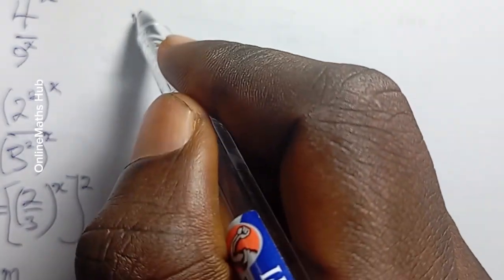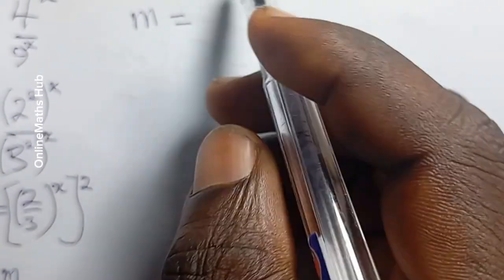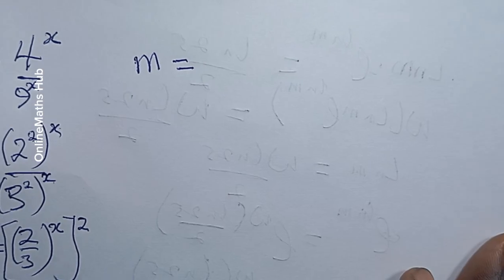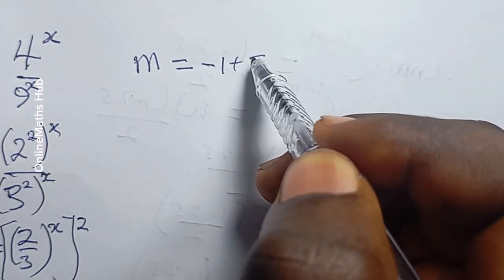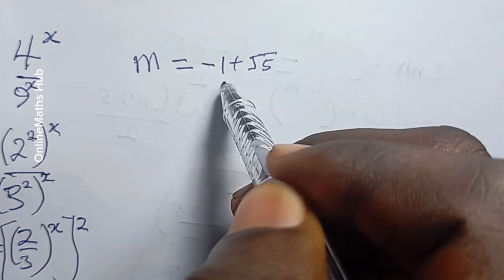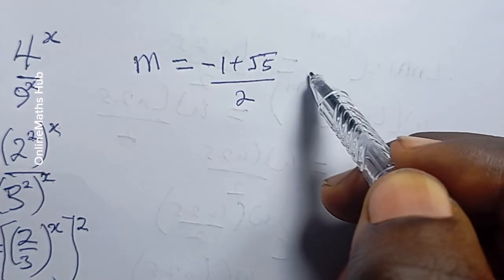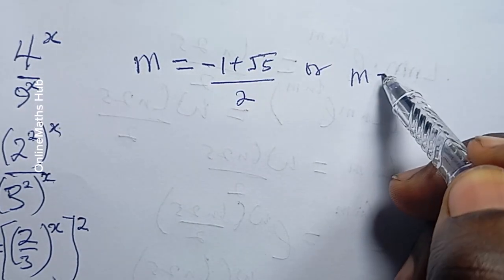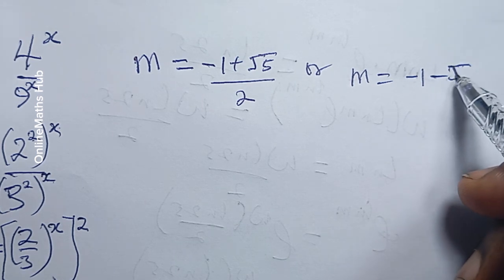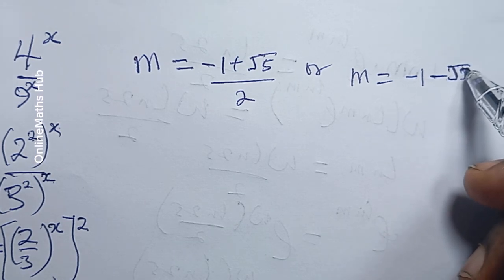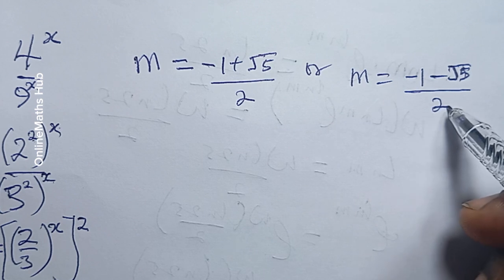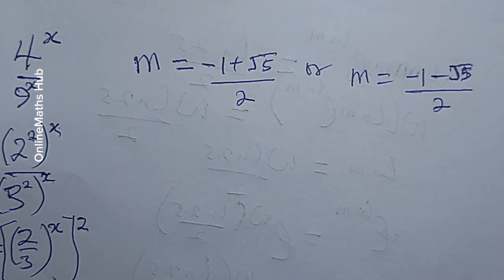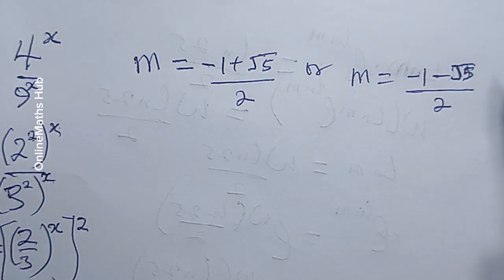So if I split the answers, what I will have is that first m is equal to negative 1 plus root 5, and then of course divided by 2, or m is equal to negative 1 minus root 5, and then of course divided by 2. So which of these is actually going to be the solution to this? Well, if you come over here,